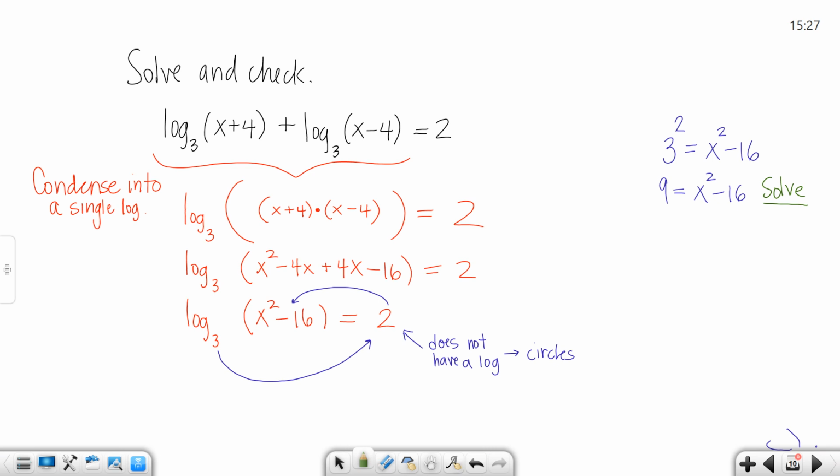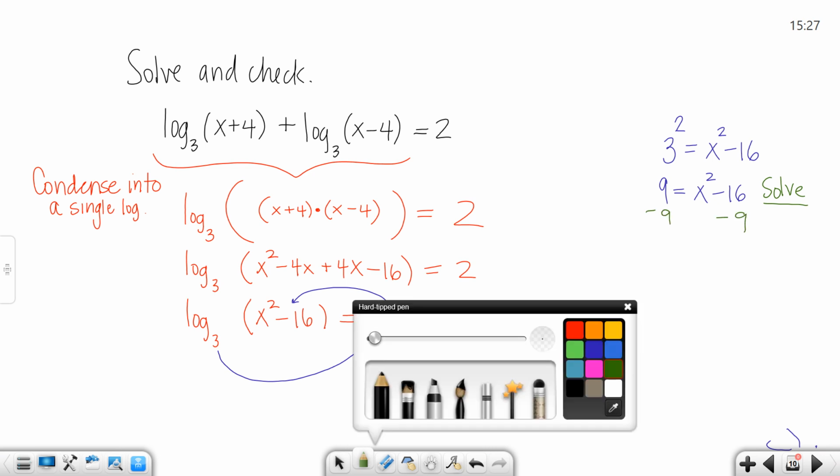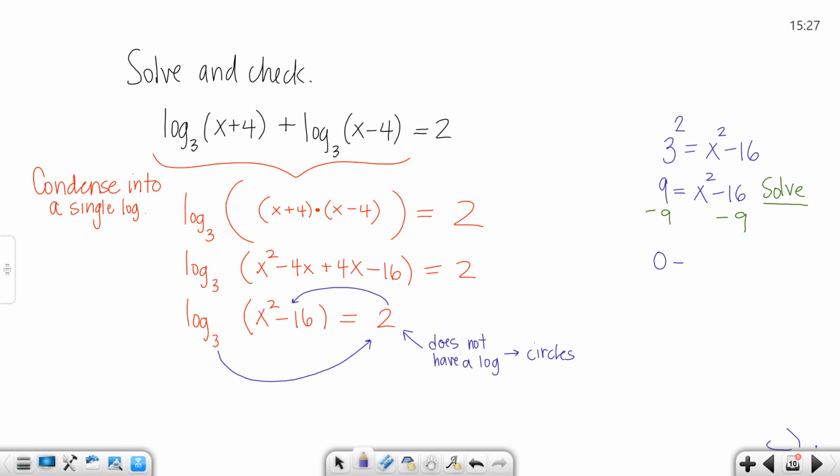You'll notice that it has an x squared in it. Well, the way we solve an x squared equation is to solve it by factoring. So to solve by factoring, remember you want to get everything to one side. So I'm going to move this 9 over. 0 equals x squared minus 25. Well, this is the difference of squares. I'll factor it, and I'll set both of those factors equal to 0. Solve it out,